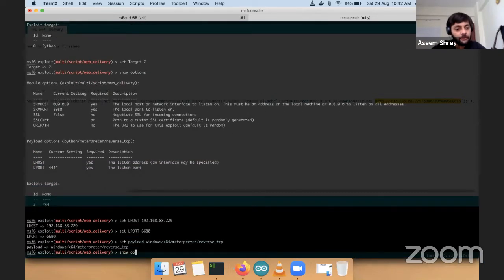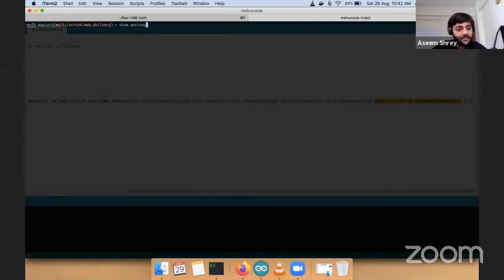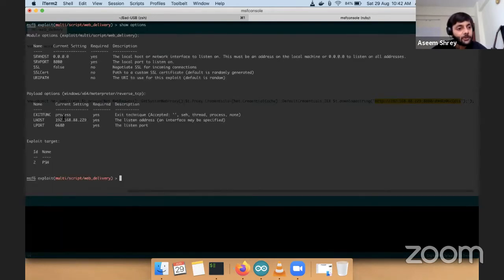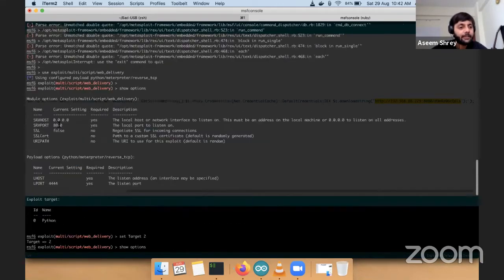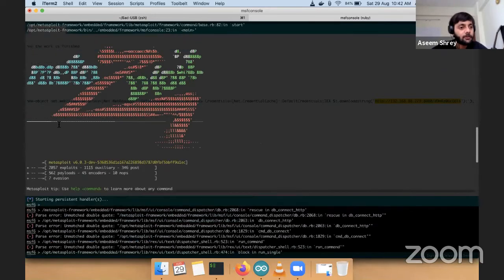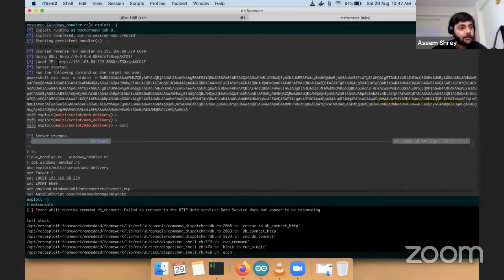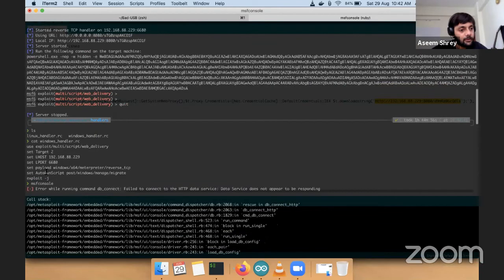So you could see right now we don't have this LHOST and LPORT. Now since I've set this, once I show the options, you could see that LHOST is set, LPORT is set. So it's basically how you could use any module in Metasploit. All these options need to be set there. And then,